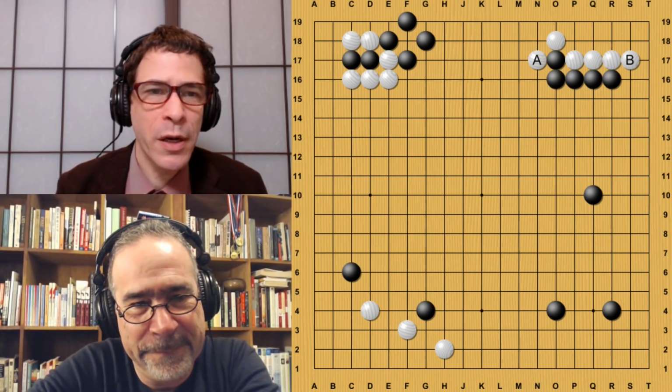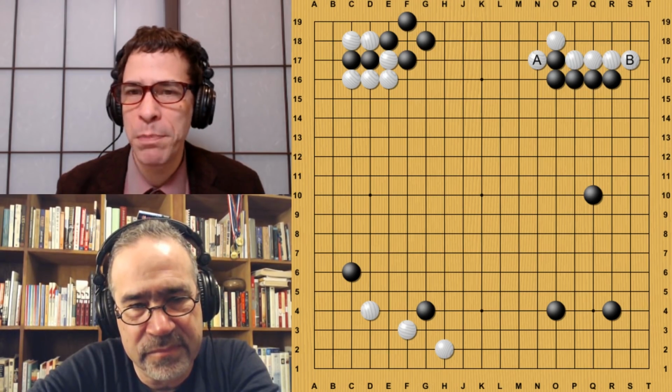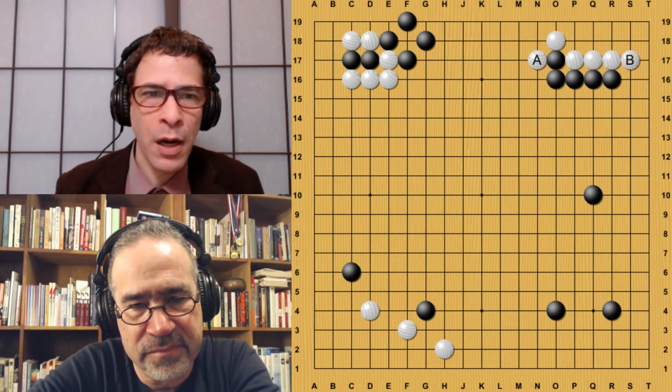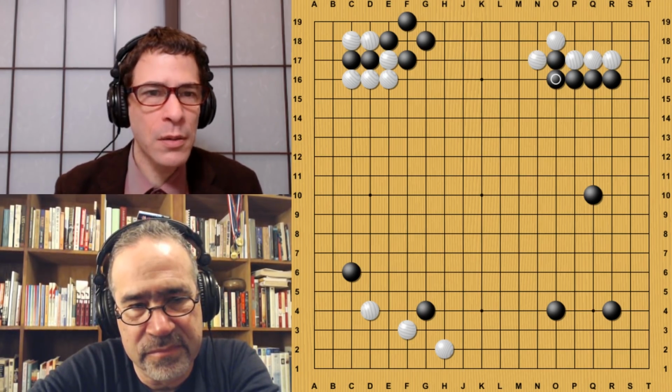When white plays the Atari at A, you can be pretty sure that white's going to follow up with the Sarari at B. It's kind of a combination there. Once you've played A, you have to play B. Otherwise,